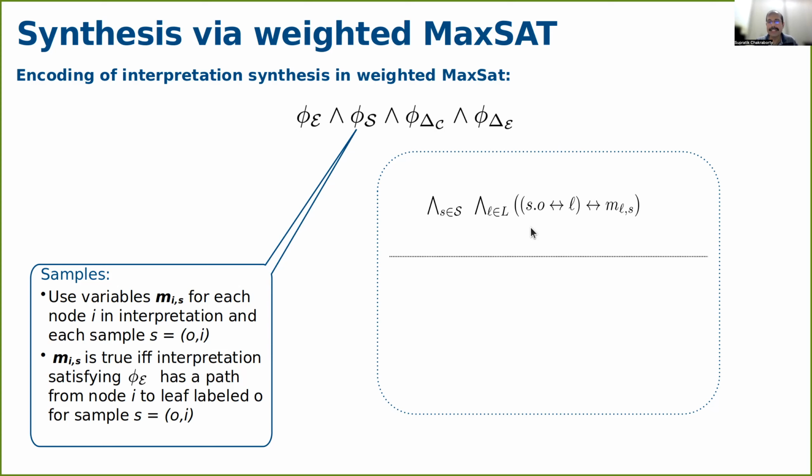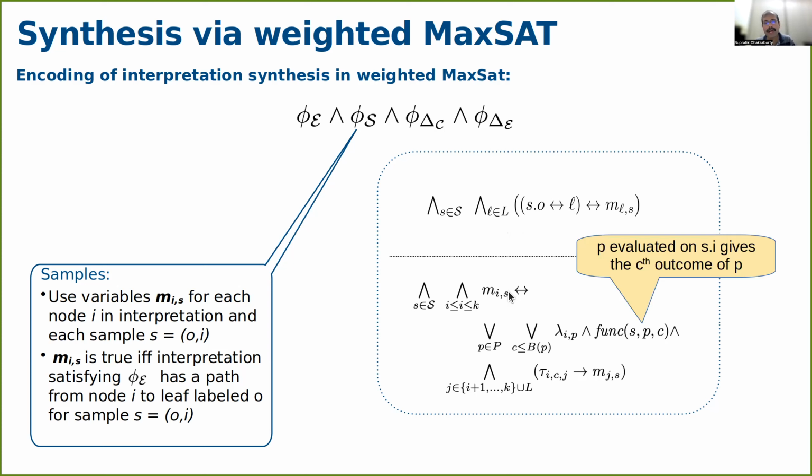This starts at the leaves. So we say that if I have a leaf whose label is already matching the sample's output, then of course starting from that leaf, there is indeed a path to that leaf, which is labeled by that output of the sample. So this is easy. But for other internal nodes, we actually use this encoding. And so, maybe in the interest of time, I will not go into this full encoding, but it's really saying